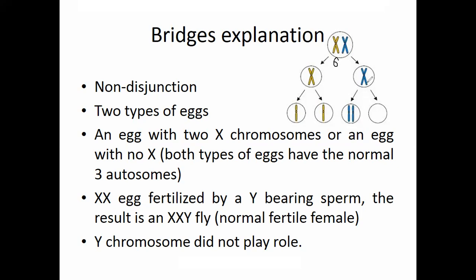One gamete is formed by that female that carries two X chromosomes. So ये एक ऐसा गैमीट बना है जिसमें दो X क्रोमोसोम हैं, जबकि इसके साथ जो गैमीट बना है दैट इज विदाउट X क्रोमोसोम। अब ये दो X क्रोमोसोम्स के साथ-साथ इसमें ऑटोसोम्स का नंबर नॉर्मल है गैमीट में, मतलब 3 ऑटोसोम्स हैं। और ये जो गैमीट आपके पास आ रहा है जिसमें कोई भी X प्रेजेंट नहीं है, उसमें भी आपके पास 3 ऑटोसोमल क्रोमोसोम्स प्रेजेंट हैं।